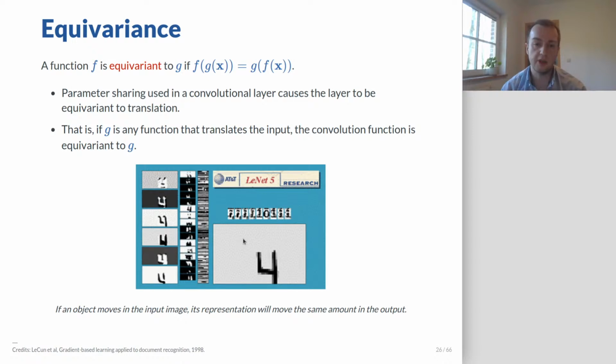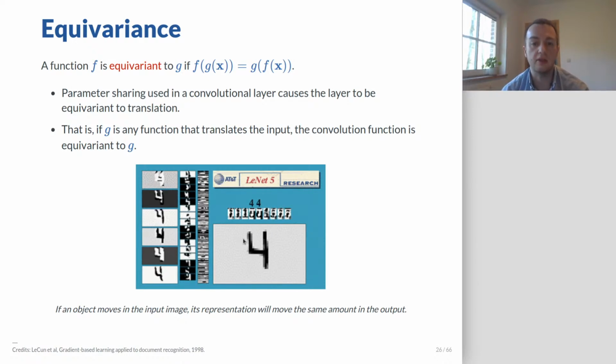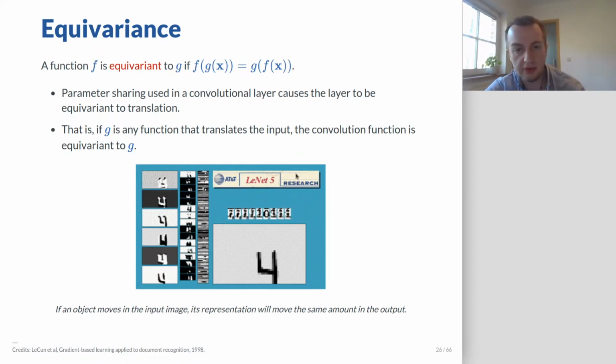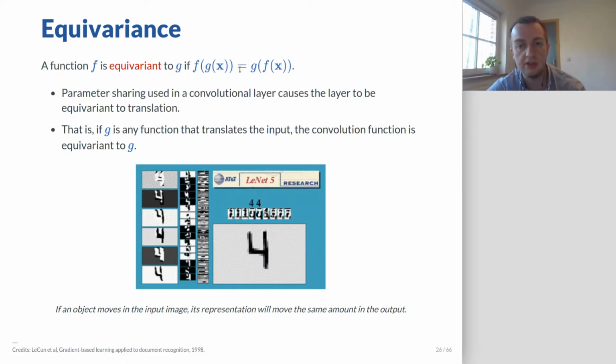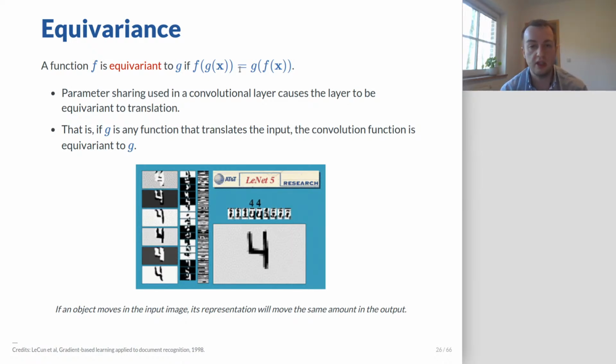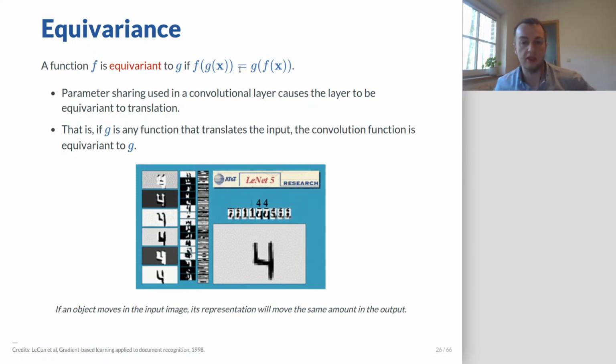Alright, so this is nice because all of these properties together and the convolution itself make it possible to have layers that are equivariant, specifically to translation. So what does that mean to be equivariant? If you take some mathematical function f, you will say that it is equivariant to some operation, to some operator g, if the value of f of g of x is the same as the value of g of f of x. So if g, in this case, is an operation that would just shift its input, so it would translate the input if this is an image,